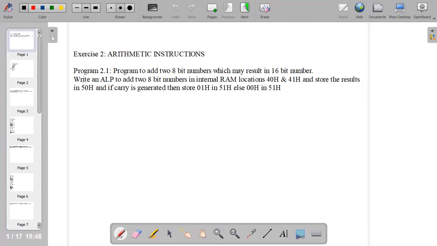So we have two memory locations, internal RAM location 40H and 41H. So first retrieve the data from 40H location and copy it to A, and then add the content of 41H location with A, and the result will be in A, which will be copied to 50H location,